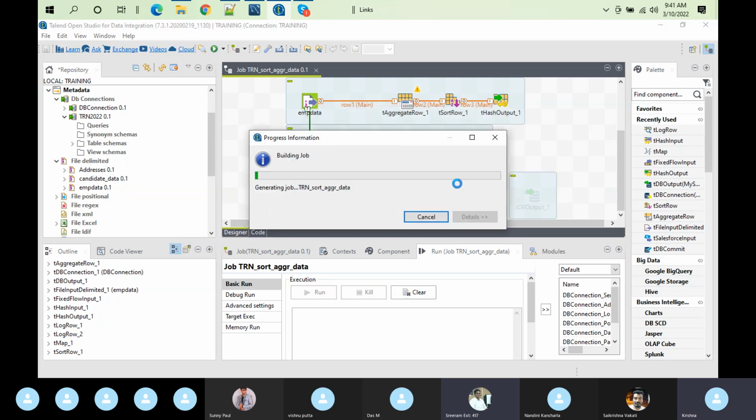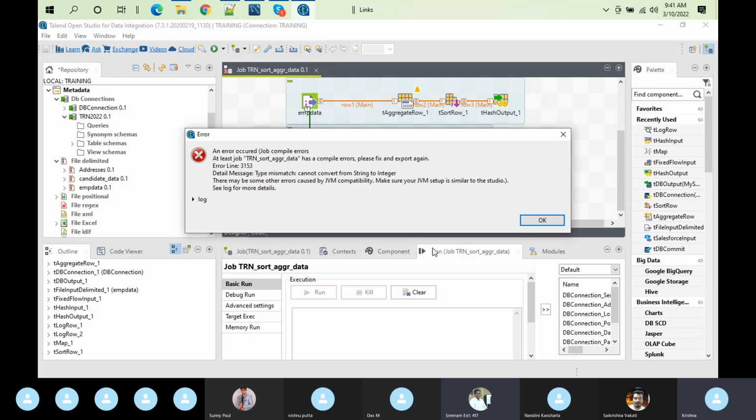Finally, in my console, I want to see only department 20 related data, not all the departments. So this is how you are going to use the hash components which can